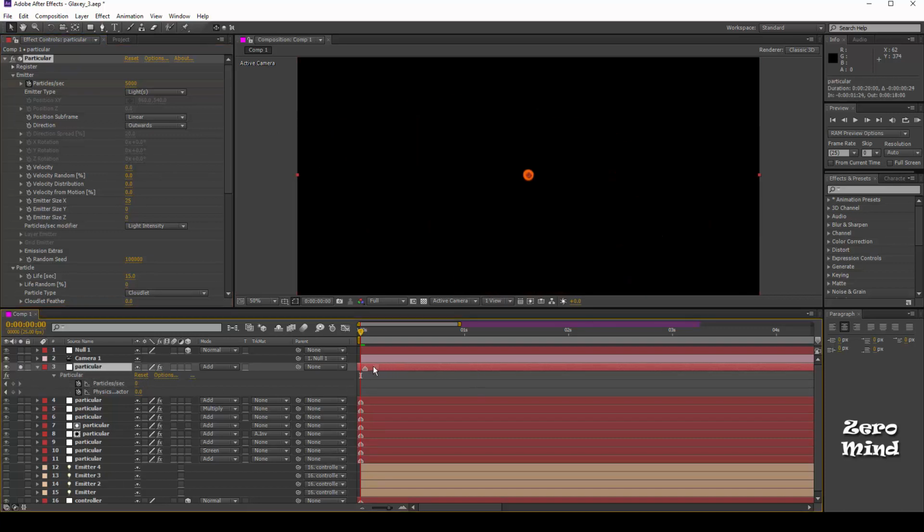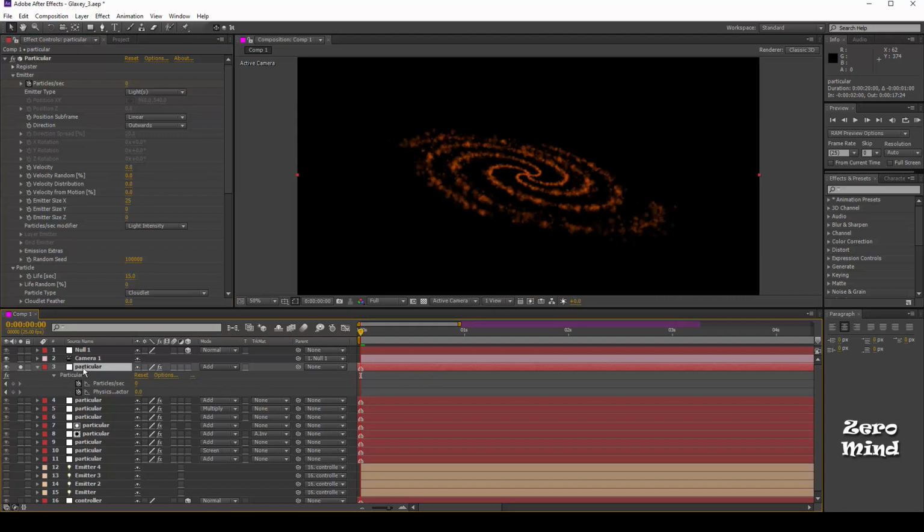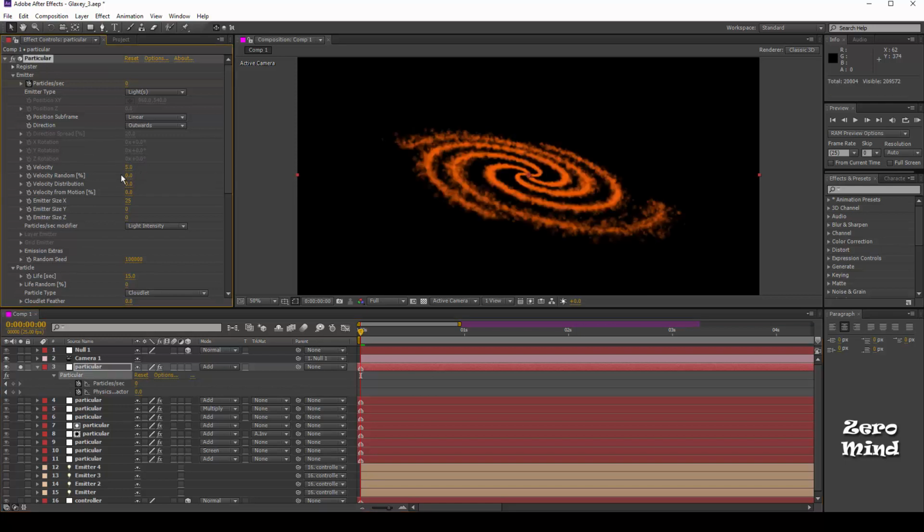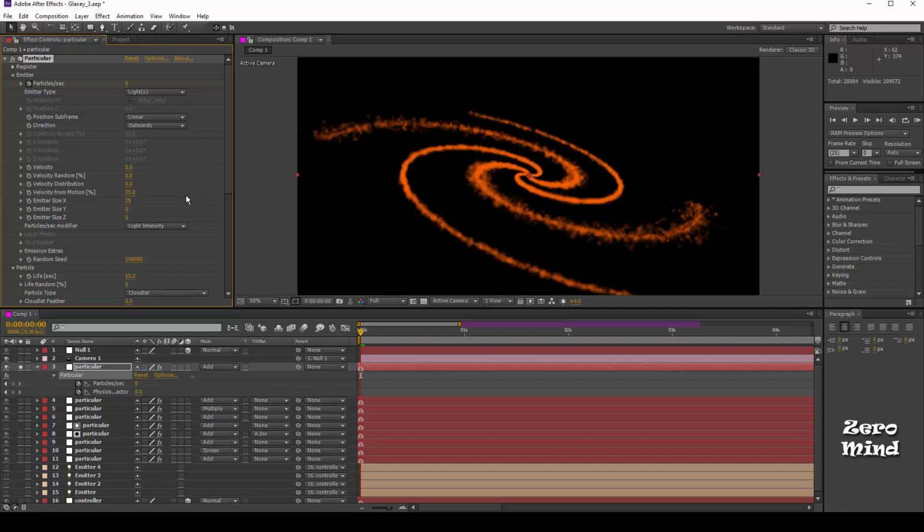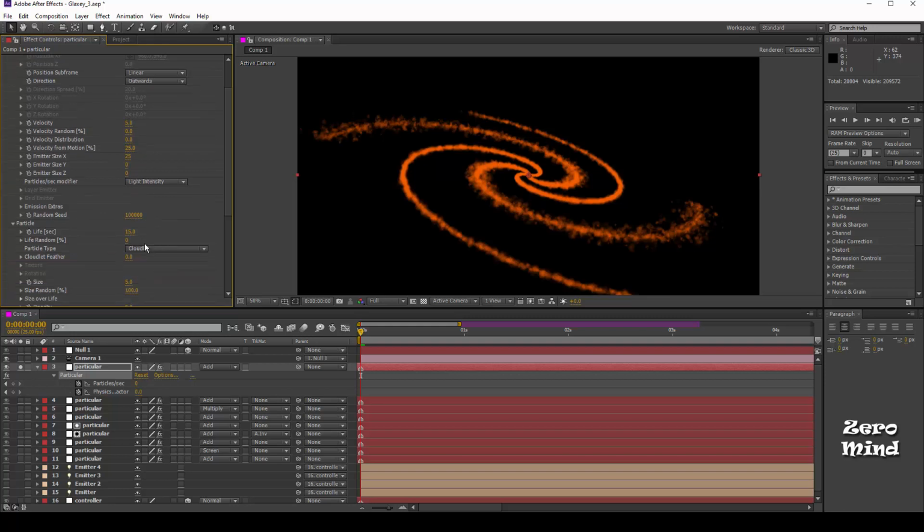Let me see what is happening here. 5000, and keep the velocity 5.0. Velocity in motion around 25%, and x 0.